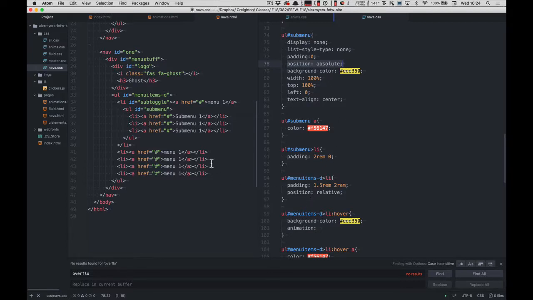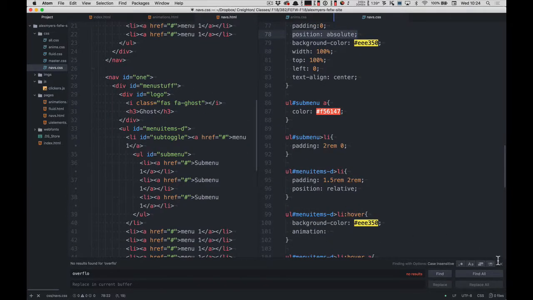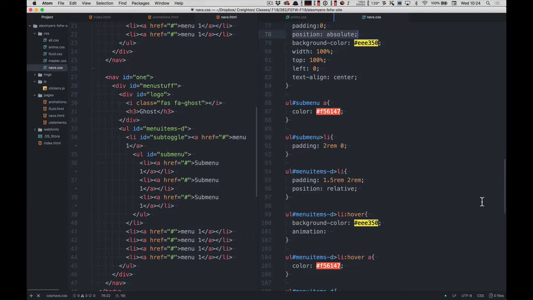That should do it. Yeah, so on this toggle, it's not sure. Oh, okay. So,